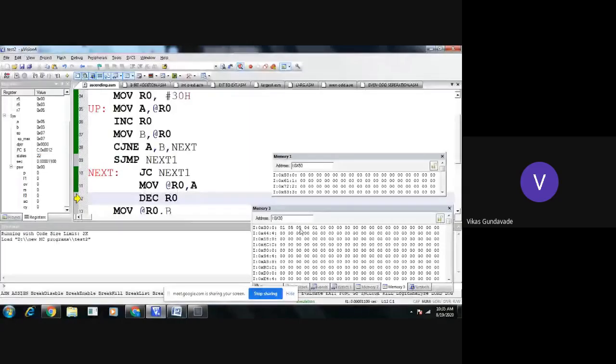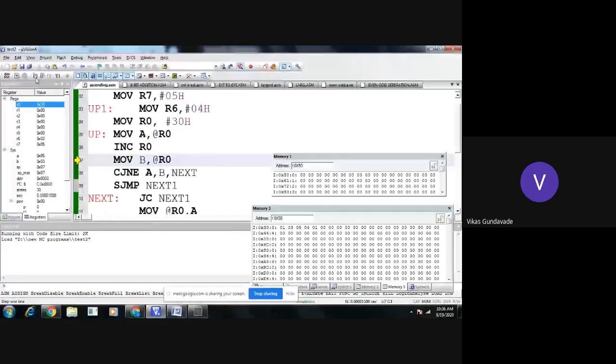Again R0 is incremented. Now R0 is showing the 31 location. Then the B register contents are shifted to the 31 location. See here 03 is available in that location. Now R0 will get incremented again. The process will get repeated. Now 05 is available in the accumulator, 04 is available in the B register.